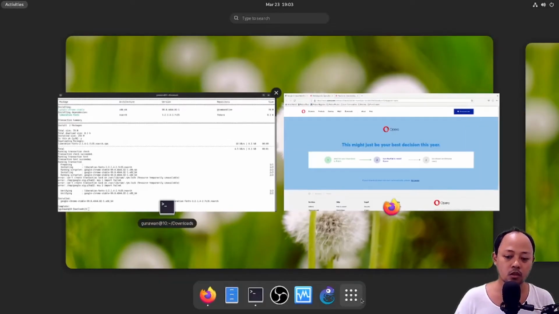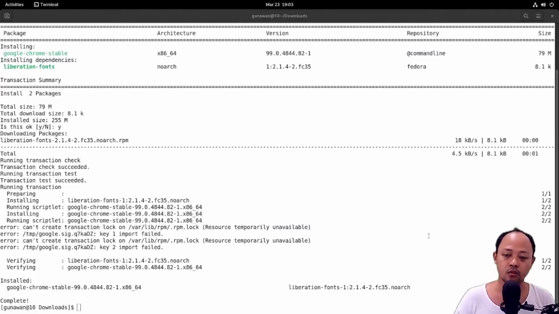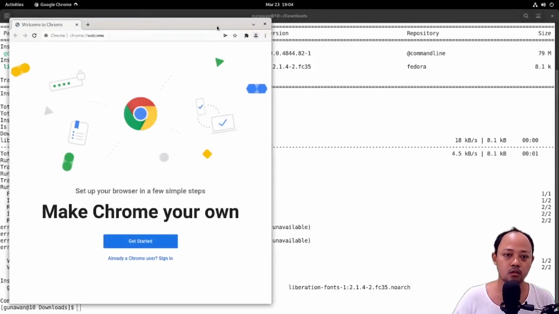We will check the launcher. We can see here that there's a Google Chrome launcher. Okay, so I think Google Chrome is running well.